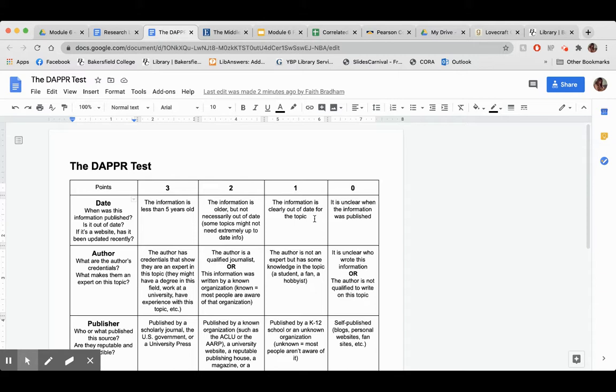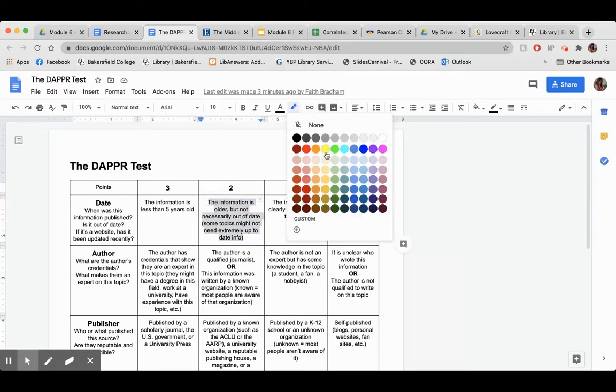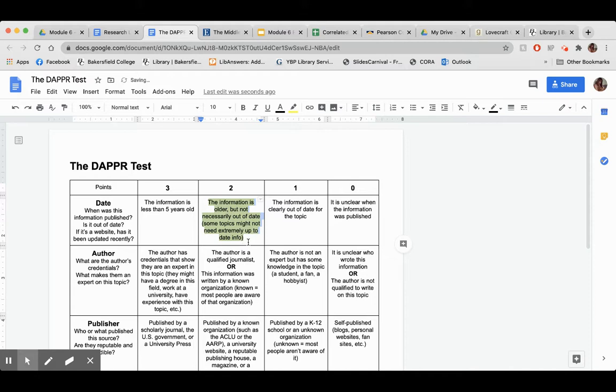So it happened a long time ago. In my opinion, I don't think we need super new information on that topic because it happened so long ago. I think something that's 11 years old on the Middle Passage is a fine source. So I would give it a 2. I'm going to highlight that right now so y'all can see what I'm doing. Okay, so we gave it a 2.